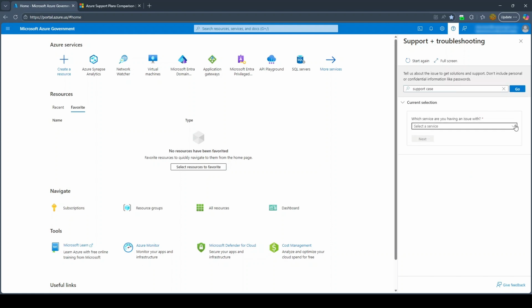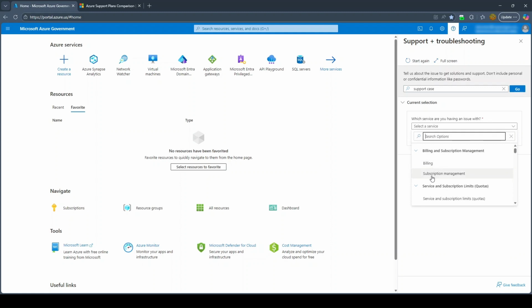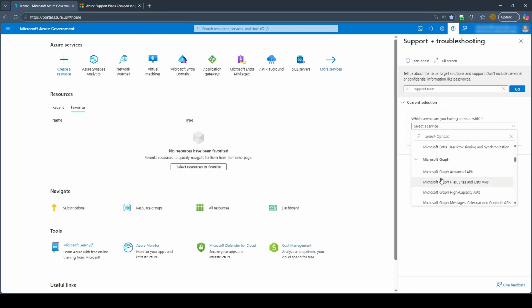Next, you'll need to provide what service you're having an issue with, if you're having an issue with billing, looking for a quota increase, and a whole bunch of other services within the Azure platform. Now, something to note here is that by default, if you do not have a technical support plan with Azure, you will not see most of these services here. Instead, you will just see billing and subscription management and service and subscription limits, right? So if you don't see any of the other ones down here that you need assistance with,